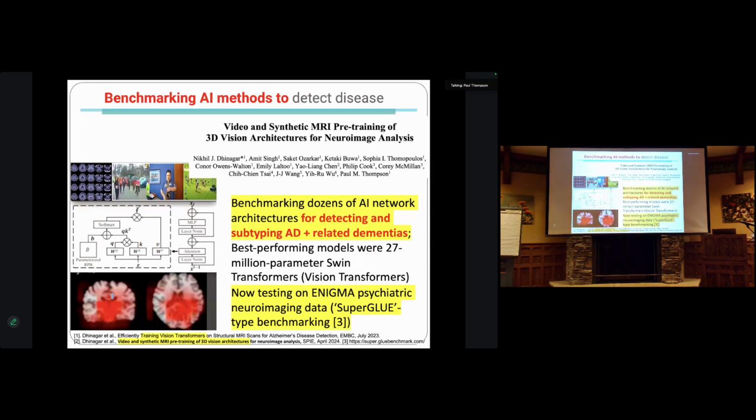A lot of computer vision and AI language models are benchmarked on standard data sets. We don't really have that in medical imaging. So this is work on video and synthetic MRI pre-training of 3D vision architectures. And this again is an idea where you could benchmark dozens and dozens of AI networks to detect Alzheimer's disease and related dementias. In this study, the best performing models were 27 million parameter Swin transformers, they're sliding window vision